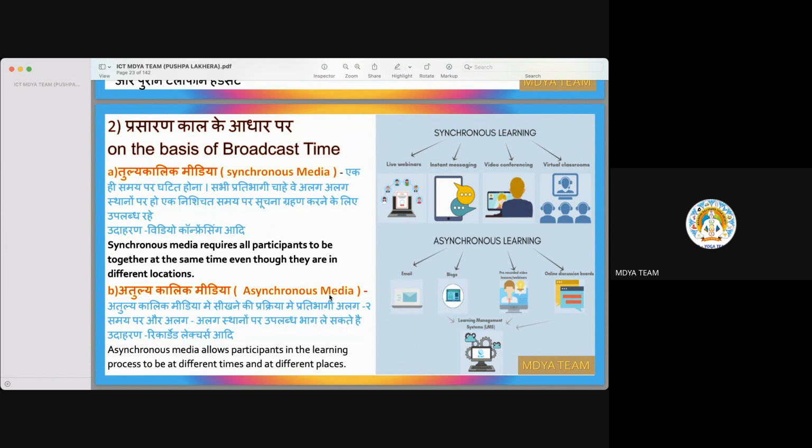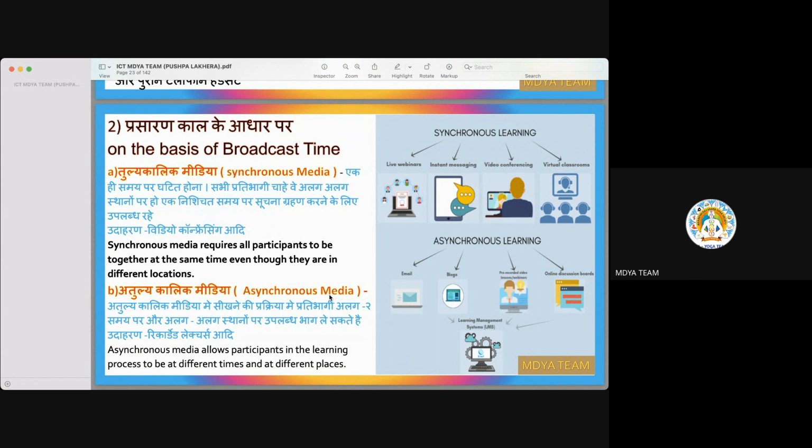And virtual classroom: if the classroom is there and the teacher is teaching from a remote place, all the students are present in the classroom and the teacher is virtual. Virtual means there is a screen and the teacher is teaching from some other place. Then it is a virtual classroom. But he is teaching and students are learning at the same time; all have to be present. It is not recorded, it is real time, but it is virtual because the teacher is not physically present in the classroom.